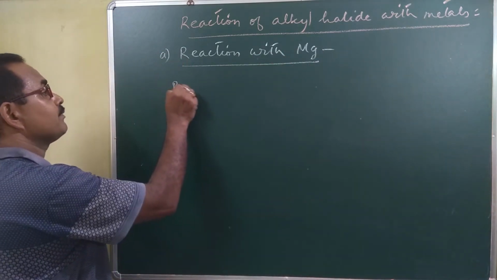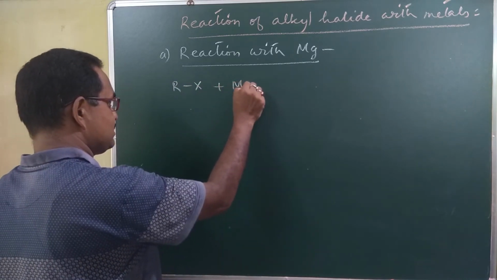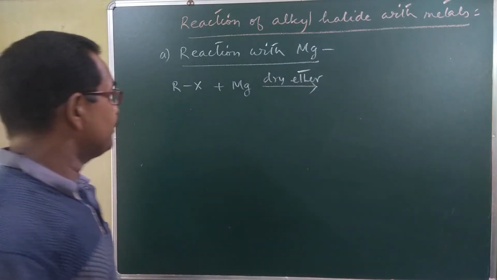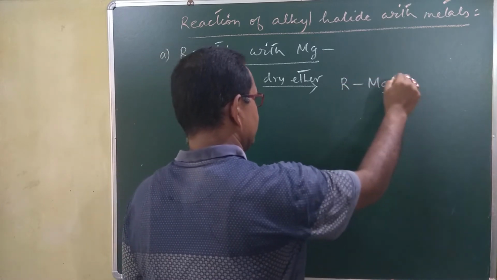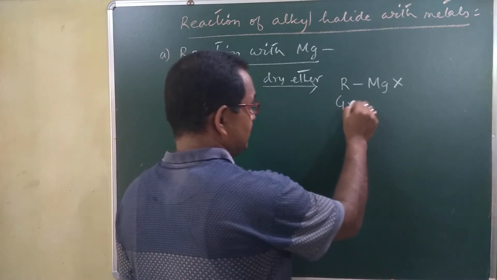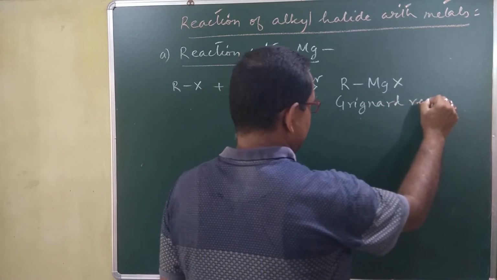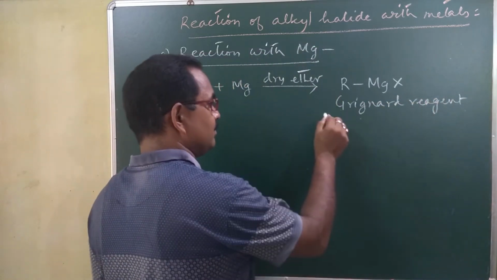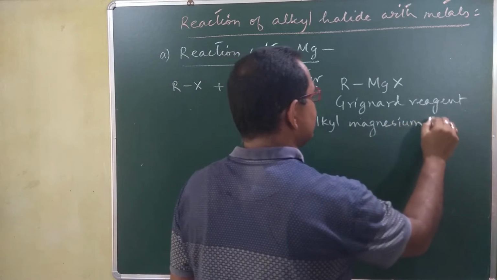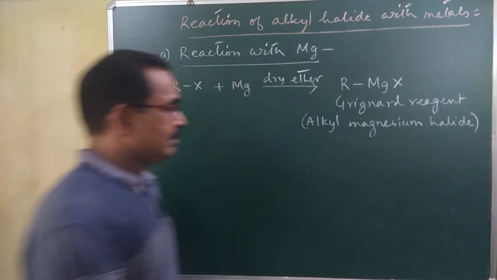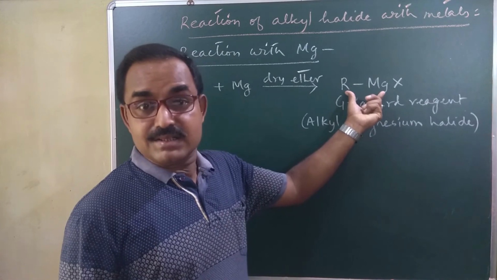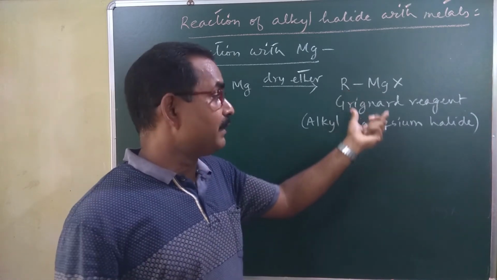Alkyl halide, when treated with magnesium metal in dry ether, we get this compound RMgX. What is this? This is called Grignard reagent. What is this? This is alkyl magnesium halide, Grignard reagent. See, Grignard reagent is a versatile reagent which can be used in getting different types of organic